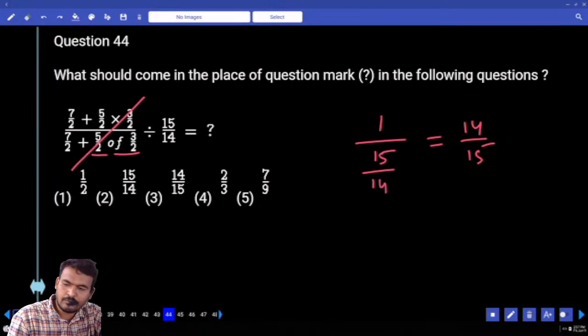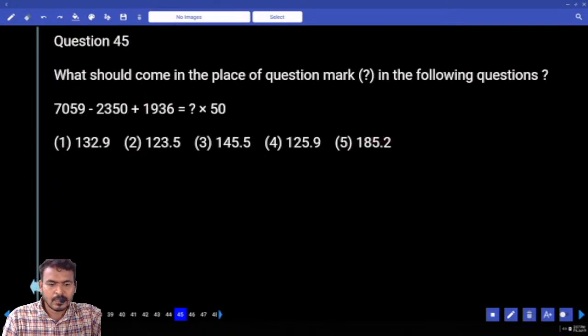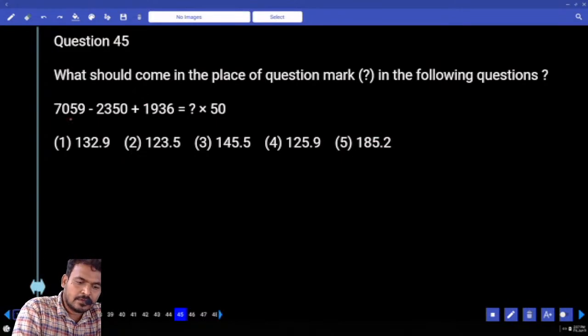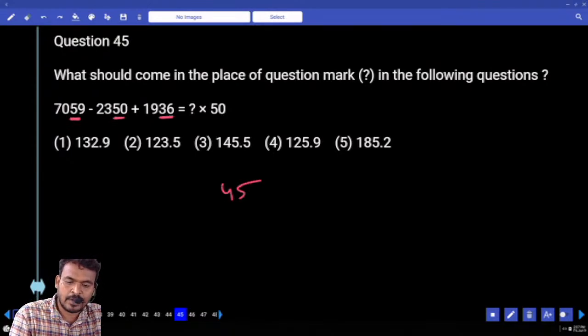Next question, number 45. First priority is the left hand side. Take the last two digits of every value. 59 minus 50, 9 plus 36, 45. 45. Again 70 minus 23, 47. 47 plus 19,